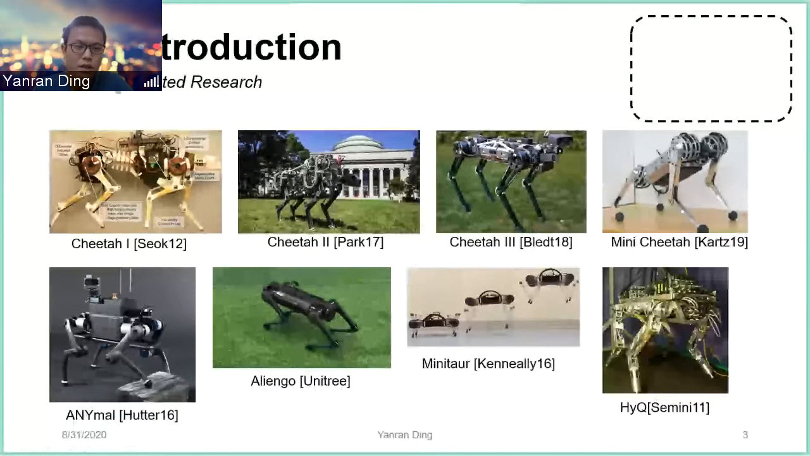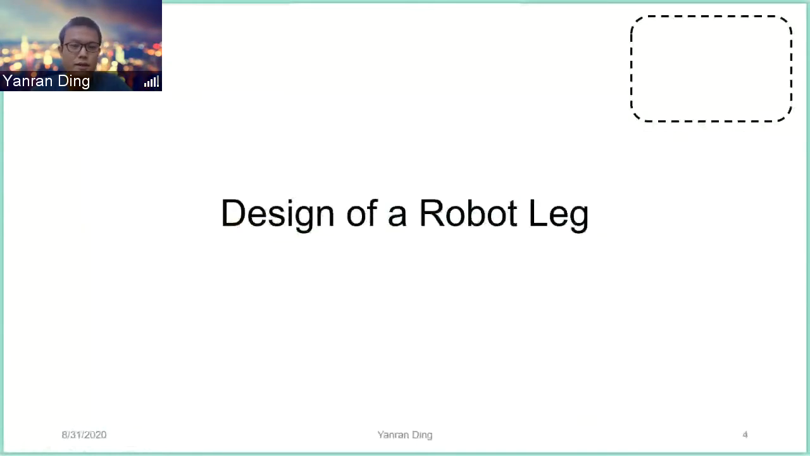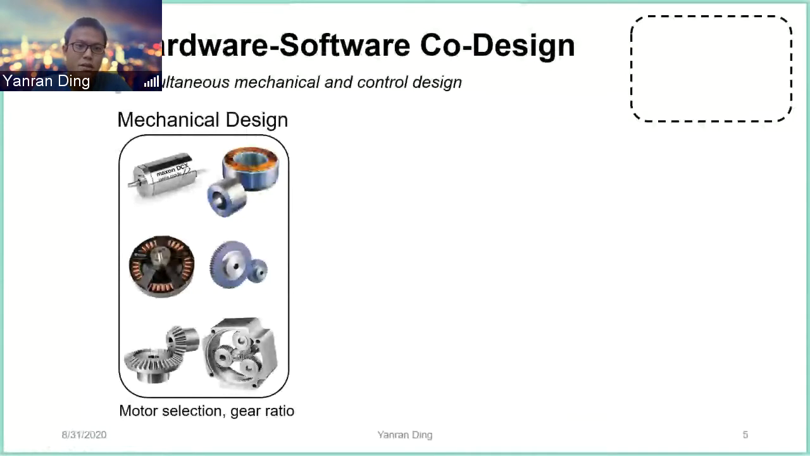First, I'm going to talk a little bit about the design of a robot leg, because in order to have a quadruped robot, we need to design a robot leg that's capable of highly dynamic motions. In order to design a robot, in general, there are many parameters that need to be determined along the way, including both mechanical as well as control parameters. On the mechanical design side, we have to not only choose the motors, but also choose